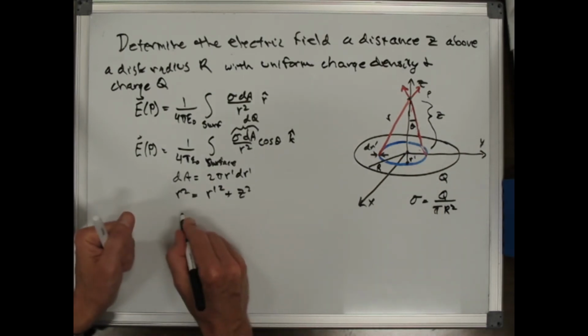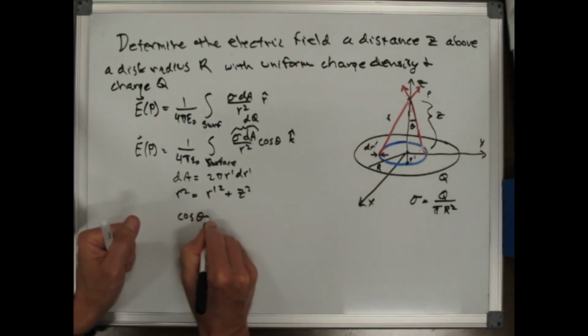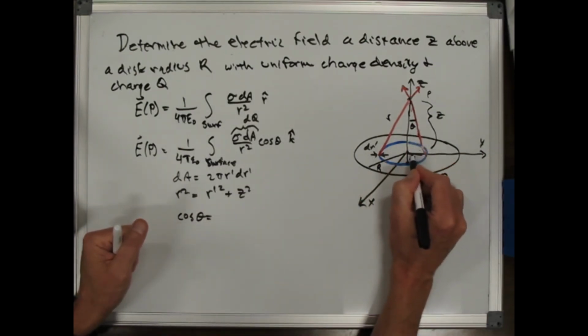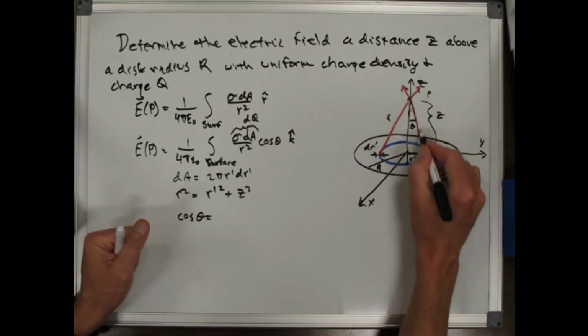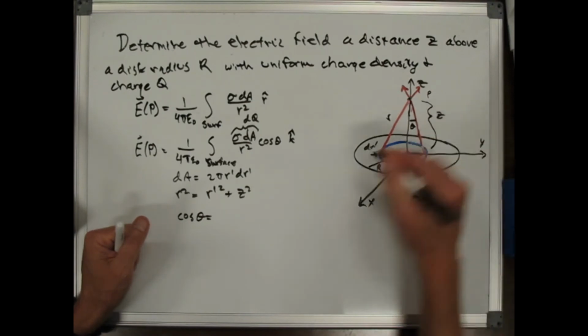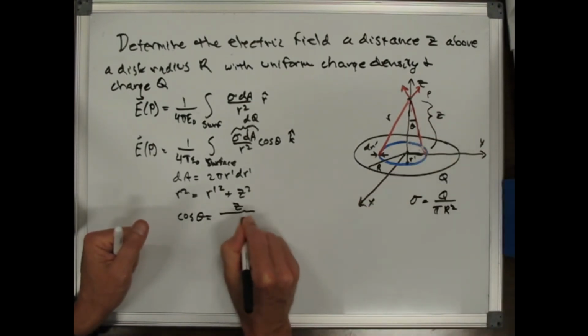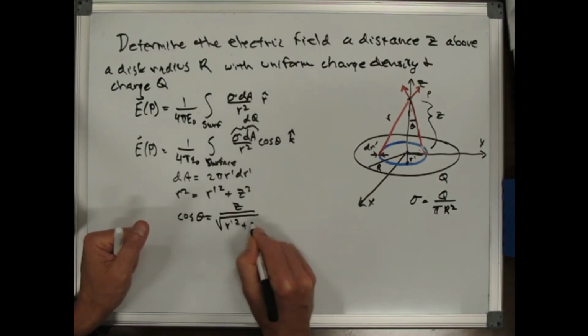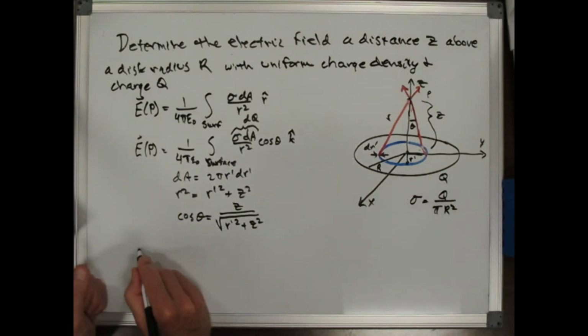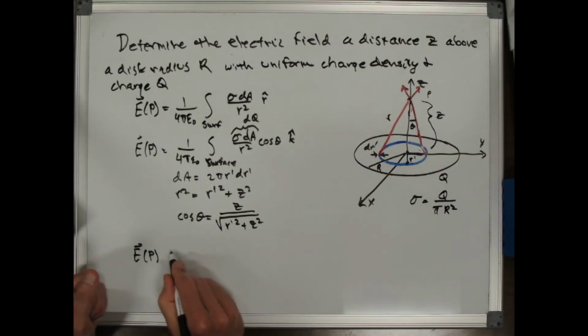And finally, cosine theta is just this distance over that distance, right? Sorry, it's the cosine. It's adjacent over hypotenuse, so it's z over the square root of r prime squared plus z squared. And so if I make all these substitutions, my electric field at the point P becomes 1 over 4 pi epsilon naught